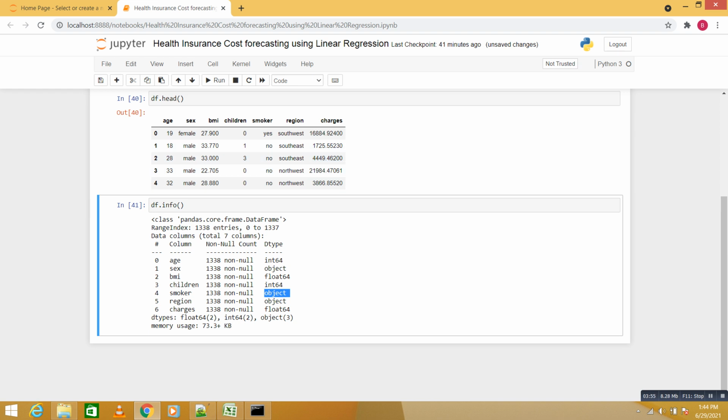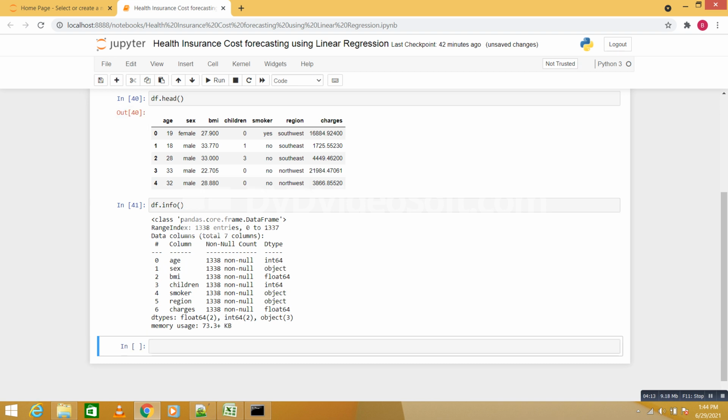So object columns are the categorical columns. Wherever the dtype of a column is object, you can assume it is a categorical variable. Now let's see the description, some basic statistics of the data, using df.describe.